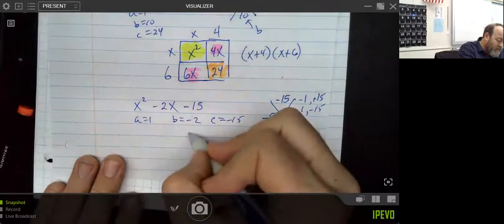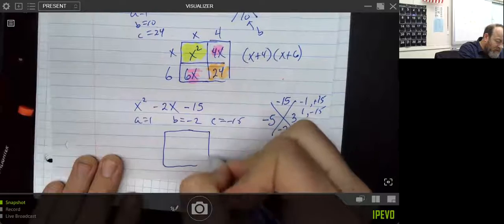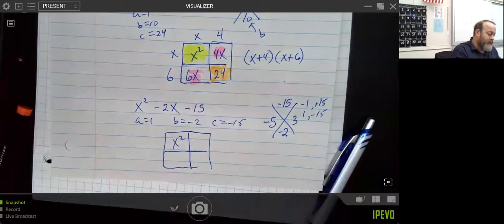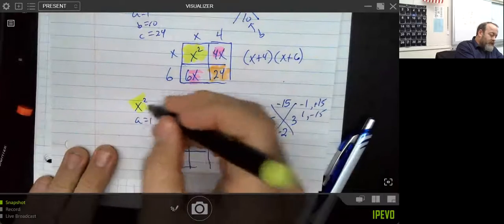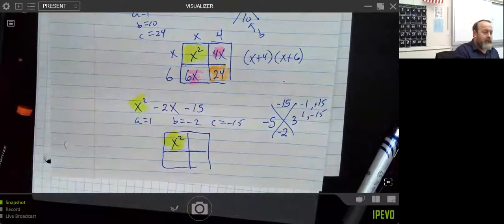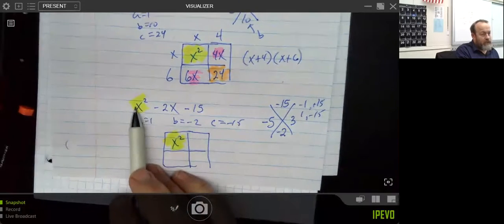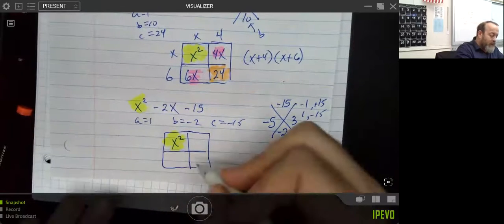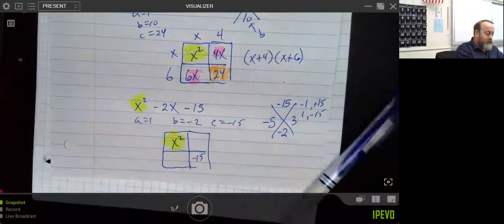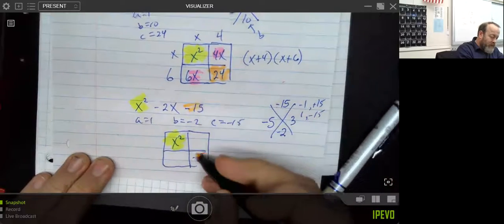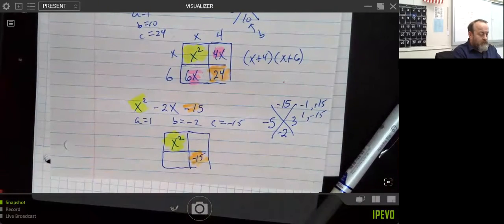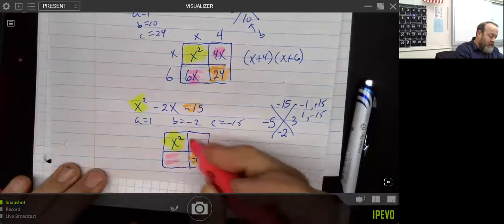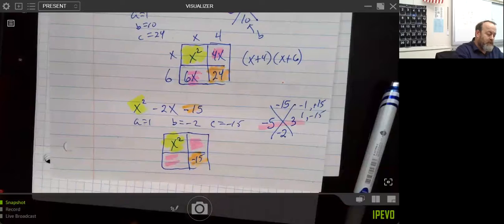And so again, how we make our generic rectangle is we start here. Again, x squared starts off our journey, whatever this one is. And sometimes you get something harder and somebody's mean and they put a 2 or a 3 or a negative 2 there. You put it right here. Whatever this is goes in that hole. Then we put our minus 15 in the bottom. That goes here. That's always going to be C right there. And then the last 2 pieces to get that negative 2x, we're going to take the negative 2x here and here by taking these 2 numbers, which is negative 5x